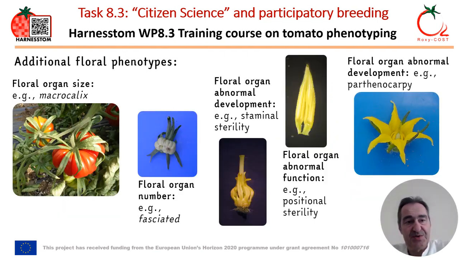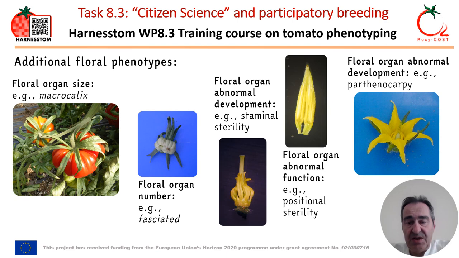Other mutations may affect the size or the number of floral organs. For example, the macrocalyx is a mutation enlarging sepal size. It can occur in cultivated material, such as in the landrace from Italy that you see on the left. The fasciation, that consists in an increase in floral organs in all floral whorls, can be already well visible on the flower,